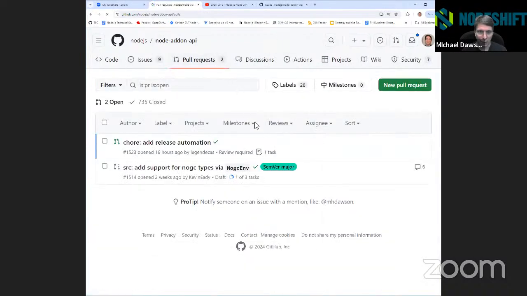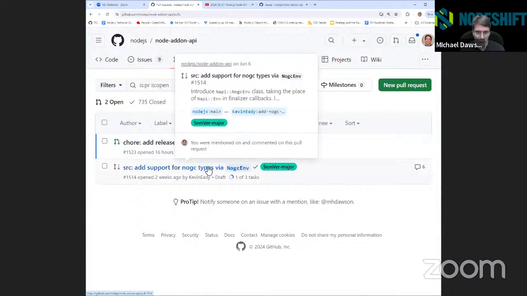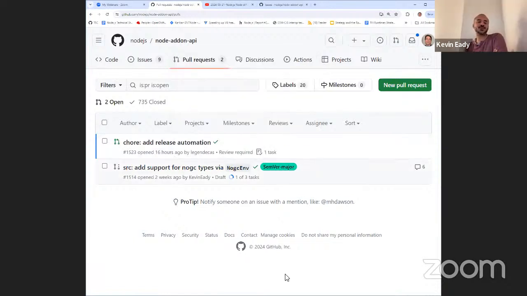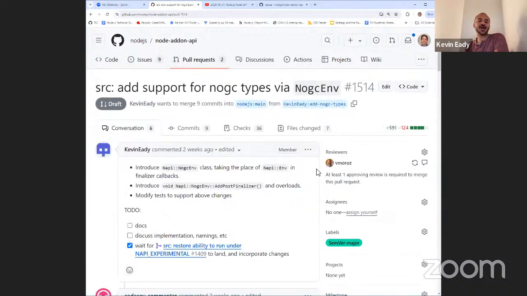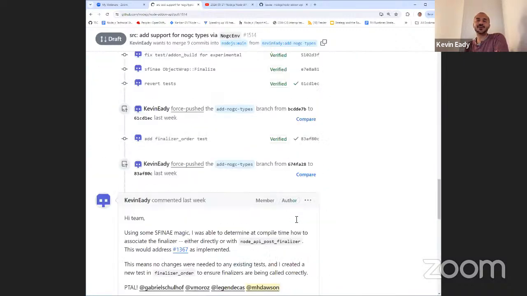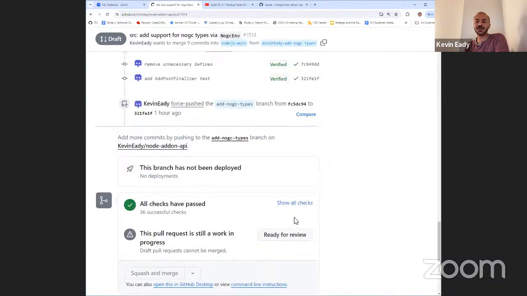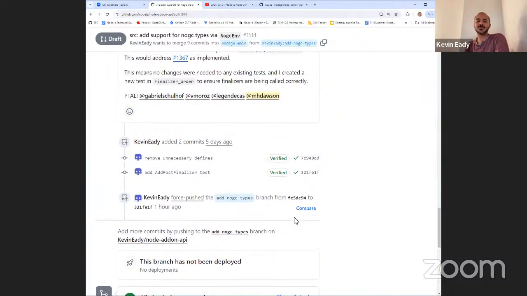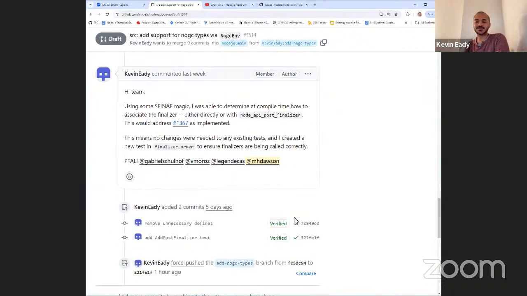Okay, we just have a few pull requests. Kevin, this one's still in draft, I see, so still work in progress. Yeah, I'd like to go back to that one. I did end up figuring out how to make every finalizer callable with either a no-GC env or a regular env.